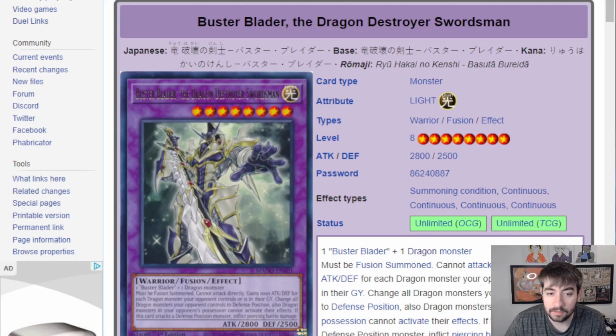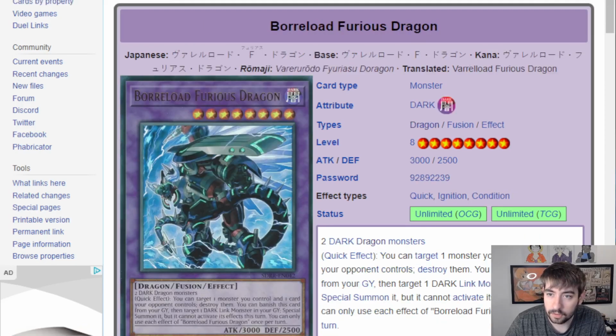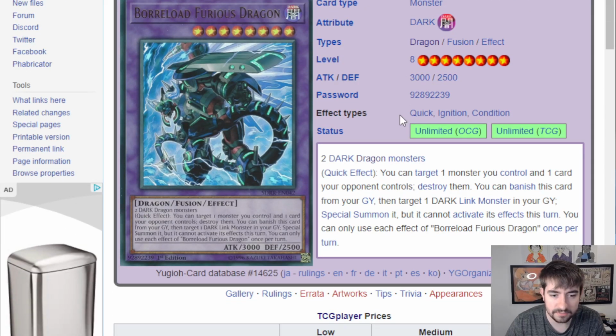It is still like a really good boss monster for an archetype that needs help summoning it a little easier. Next up, we have Borreload Furious Dragon. This one's kind of cool because if you send the, I don't remember the name of it, but I think it's the level 7. It's not technically a Rokket monster, but when it's sent to the graveyard, it adds any Rokket. You could send it with...